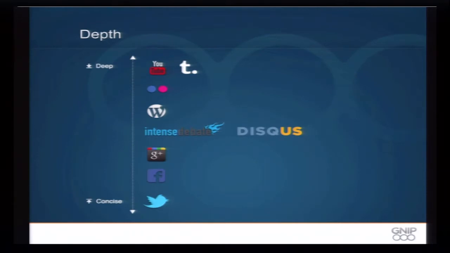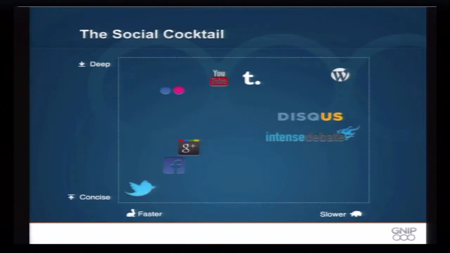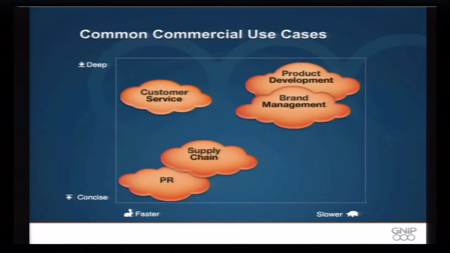Just really touching on the speed we talked about, this would be essentially the depth of content. So it looks like we got 5 minutes. And then here essentially these things plot out across the chart. There are some various commercial use cases for data. Like I said, with Twitter being fast and concise, it's great for PR. If we're thinking deeply about mobile devices, we may spend time in longer form content like WordPress.